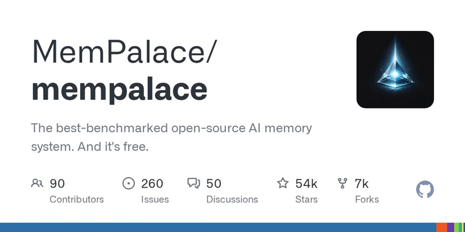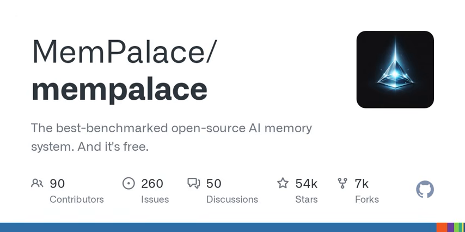To start using MemPalace, mine a project into the Palace: mempalace mine projects/my-app, and mempalace mine ~/.claude/projects --mode convos. Search the Palace for a particular question: mempalace search "why did we switch to GraphQL?" Load context for a new conversation: mempalace wake-up. Benchmarks demonstrate that the raw semantic search pipeline achieves a 96.6% recall at 5 results on the